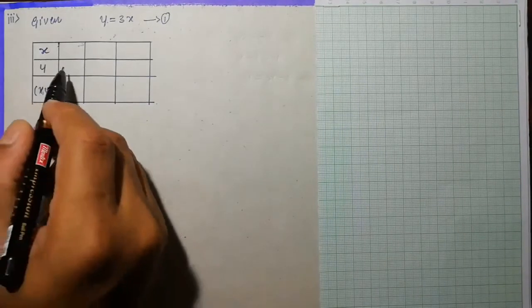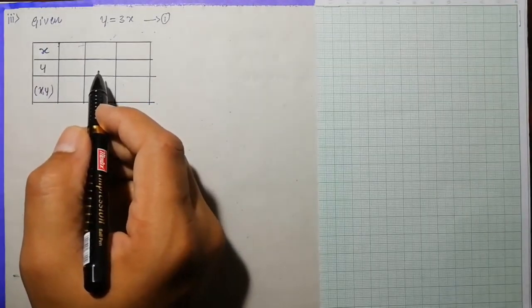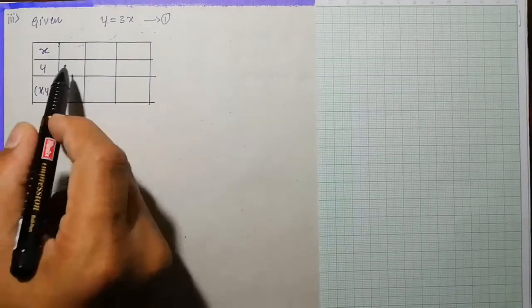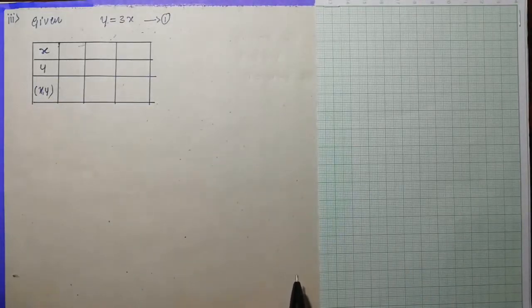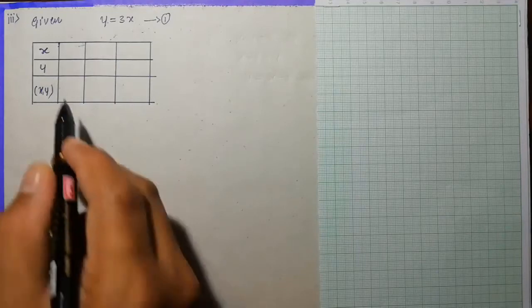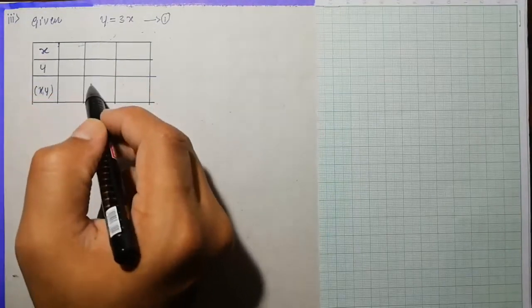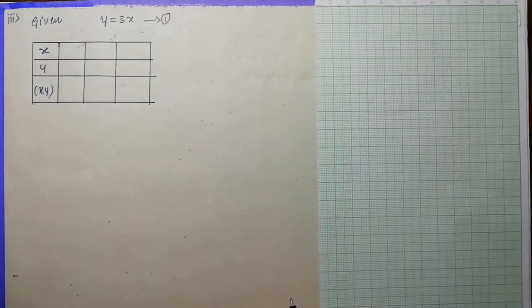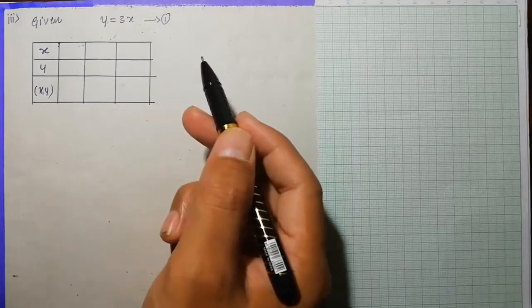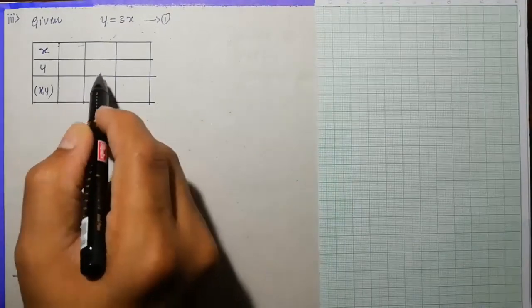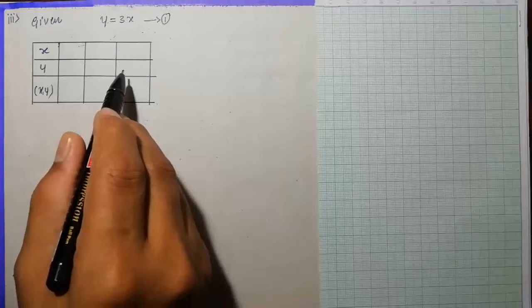There is no restriction on the number of solutions to write. If you write only 2 solutions, it will be enough to plot the graph, because if you have only 2 points, then you can draw the straight line. To draw a straight line, 2 points will be enough. So if you find only 2 solutions, you can draw the graph. There is no restriction to find 4 solutions, 6 solutions, like that. Just 2 solutions will be enough,